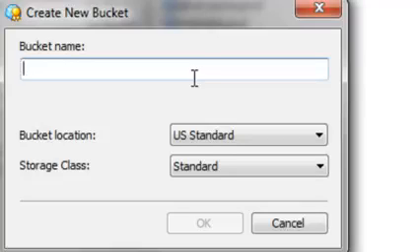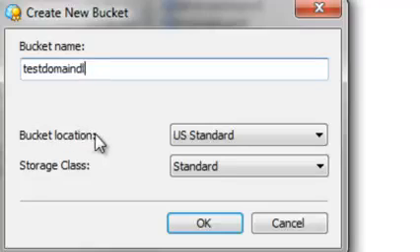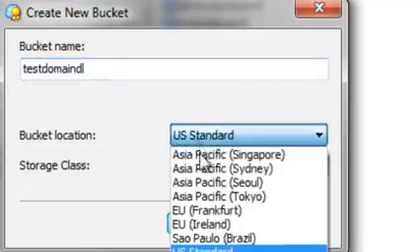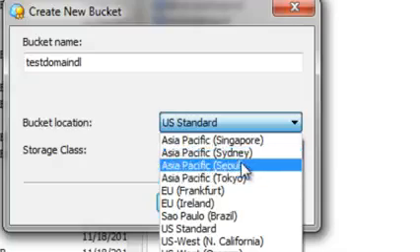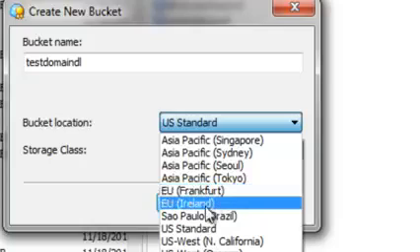Keep in mind that you want to name it using a naming convention so that you know what that bucket is. The next thing it's going to ask you for is your bucket location, meaning are you going to upload the files to a server within a certain region like Singapore, Sydney, Australia, Tokyo, Seoul, Korea, Europe, or